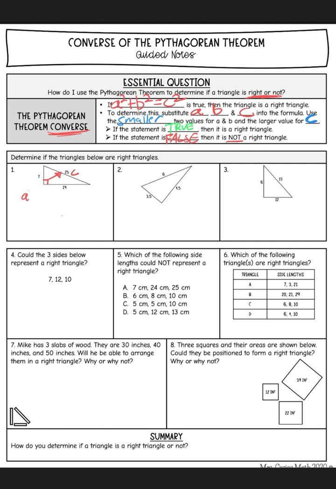So our formula is a squared plus b squared is equal to c squared, and in this formula we substitute, like it says, the values up here. Remember, we substitute the values for a, b, and c. I'm going to call this side a and this side b. If a is 7, we have 7 squared plus,